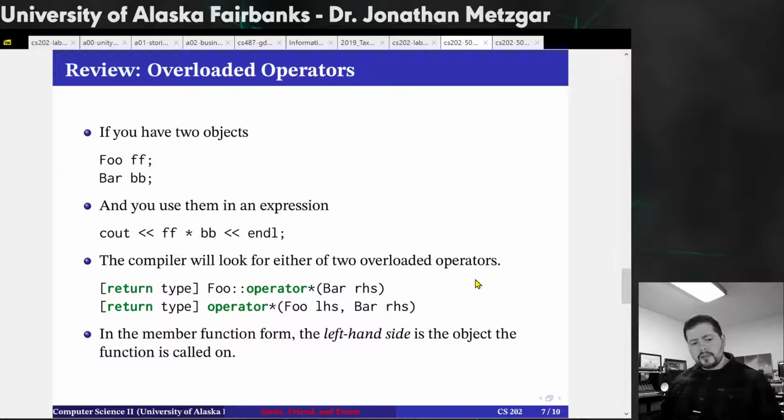And so in the member function form, the left-hand side is the object the function is called on. Okay, so if there was ff times bb, then it's going to look for foo, and then it's going to look for bar. And if you had it switched, it's going to look for bar, and it's going to look for foo for this syntax here. All right, so